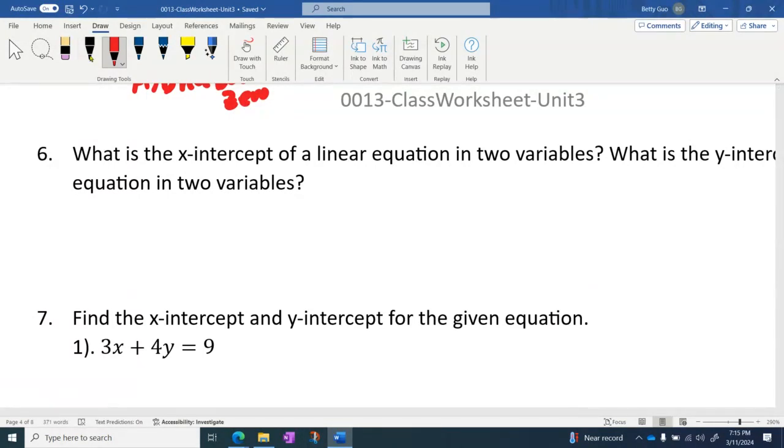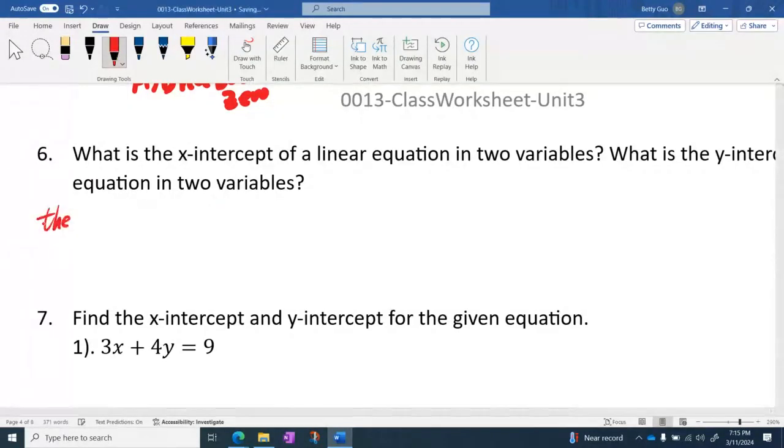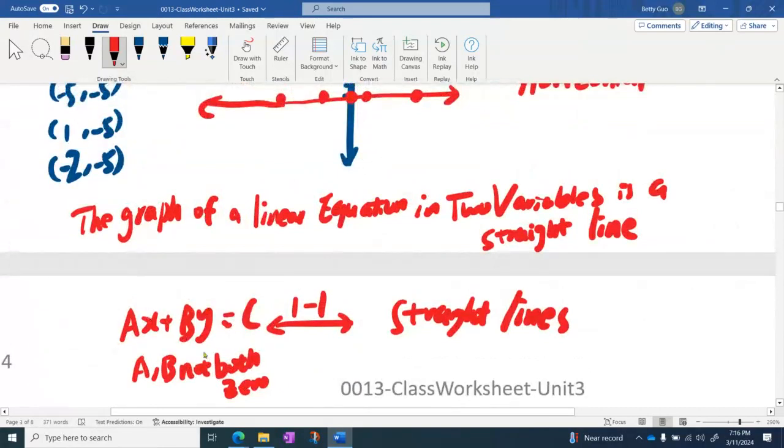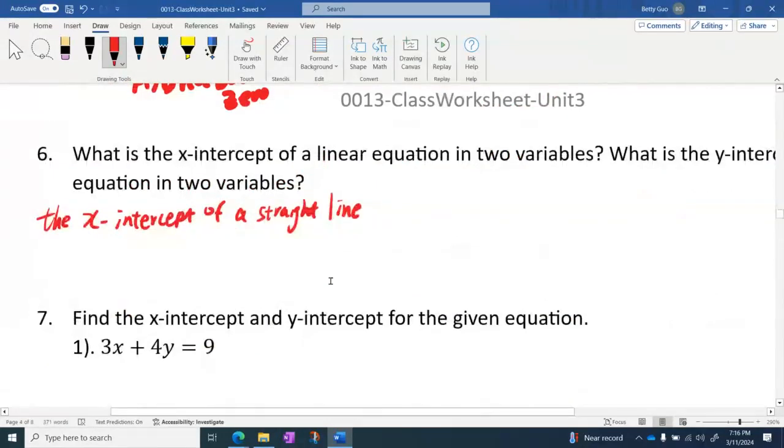Definition, let me write it down. The x-intercept of a linear equation in two variables or a straight line. Since they have this one-to-one correspondence relationship, sometimes we just call one by the other's name. When we see a linear equation in two variables, we know that's a straight line, and when we look at a straight line, we can say that is a linear equation in two variables. So the x-intercept of a straight line is a point, the intersection